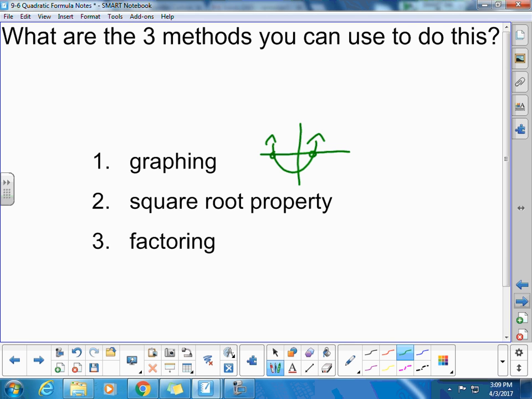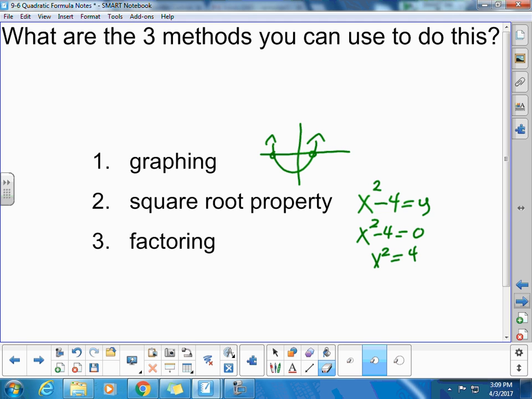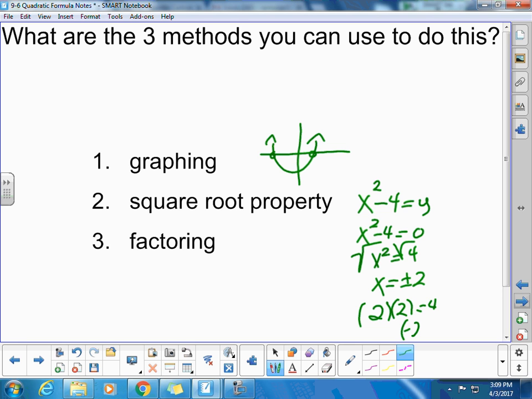Square root property. If we have something like x squared minus 4 and we want to solve it, we'd have x squared minus 4 equals 0, x squared equals 4, and then if x squared is 4, we just square root both sides, and when we do that, we generate two answers. x is plus or minus 2, because 2 times 2 equals 4, but also negative 2 times negative 2 equals 4. So we have both of those answers when we use the square root property,